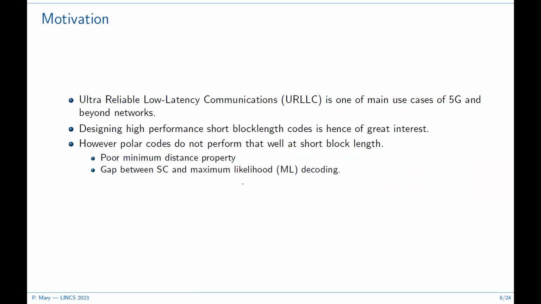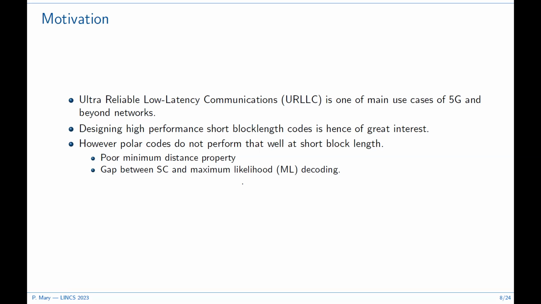So for latency constraints, reliable short block length codes are important in order to limit this latency, and we have to make them relatively good, so that they have low bit and frame error rates. So the problem is that in the previous slide, I showed that polar codes are not good at short block length because the channel polarizes at infinite block length. So why talk about short block length?